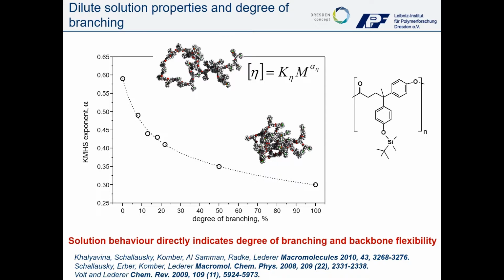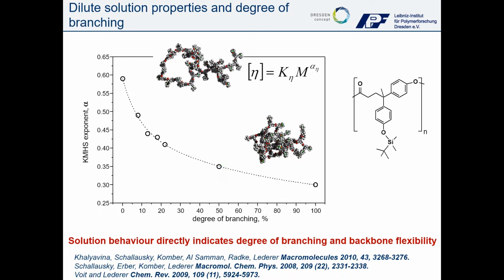Using the combination of static light scattering, viscosity detection, and of course separation according to molar mass, we can finally obtain, again, very good information about the Kuhn-Mark-Houwink behavior of all these polymers. This behavior gives us the alpha parameter, which is clearly decreasing with the degree of branching, starting at 0.6 for linear polymer, which is typical for a statistical coil, theoretically, and going down to 0.35 for 50% degree of branching,